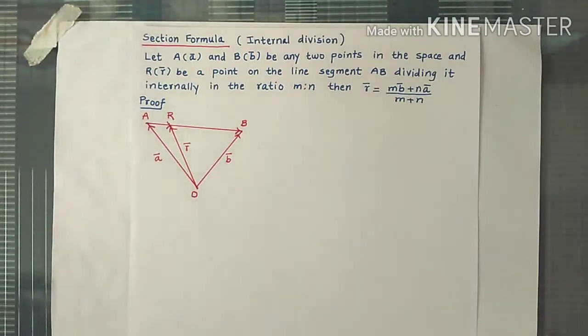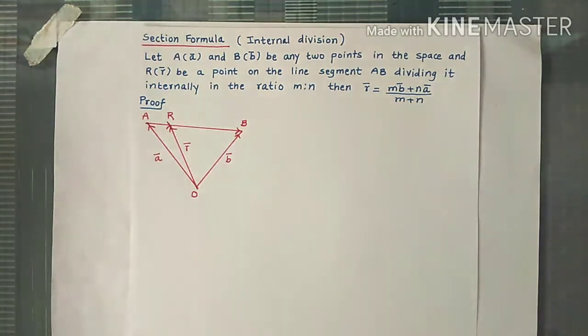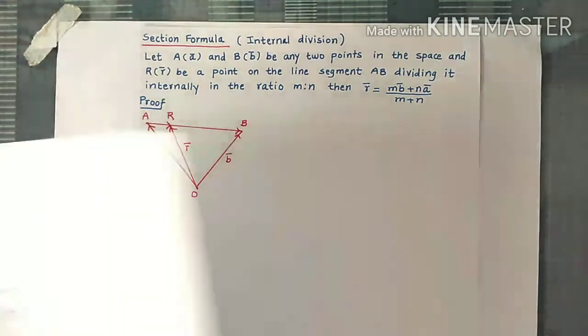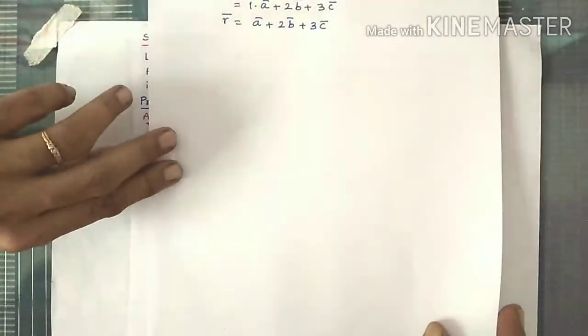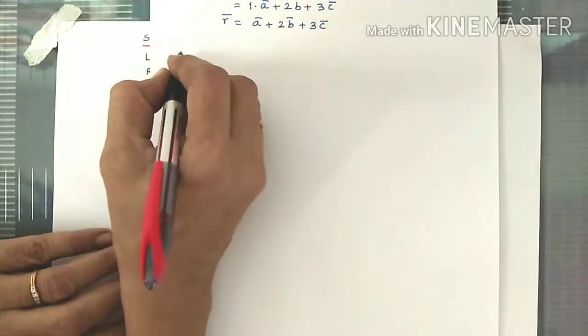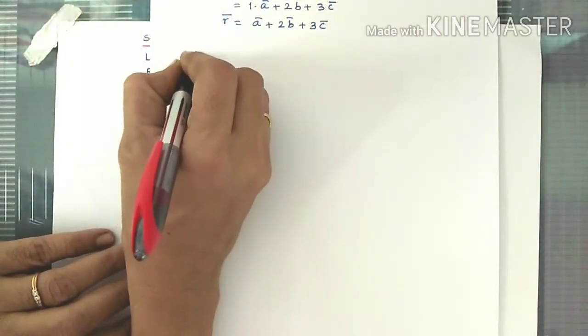Now let's prove section formula for vectors. So this is section formula for internal division. So in 10th standard also we have learned section formula for internal division and external division. So let's revise that first. So section formula for internal division was